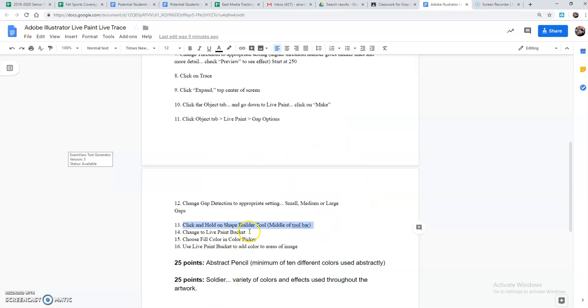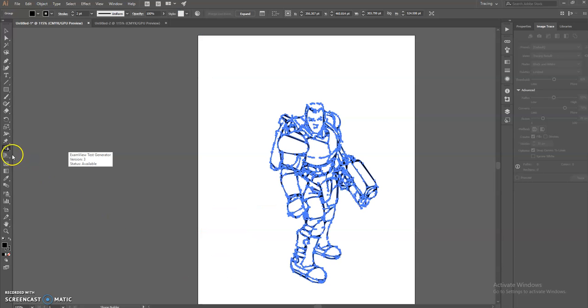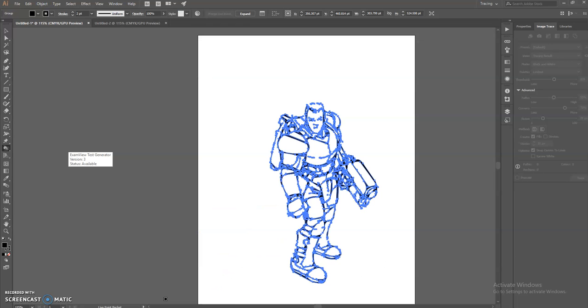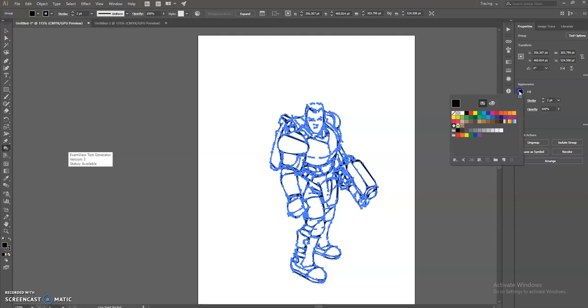That's crazy. Now you're going to change to the Live Paint bucket. So we've got to look for the Live Paint bucket. It's right here. Okay. And then we're going to choose colors to paint. So if I go to Properties, here's where I can pick my colors. So if I want to give the